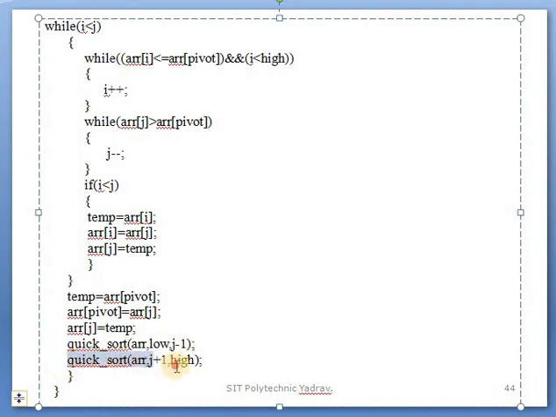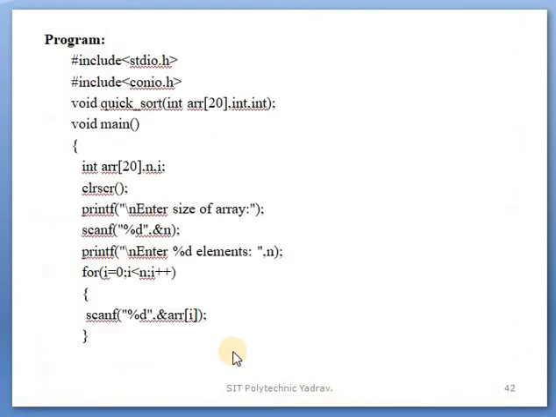This call is for the right sublist, because in the right sublist the high position value is fixed but the low value changes to j plus 1. In the middle, the j position is where the pivot element is inserted. The array is taken for the left sublist, and for the right sublist the right sublist elements are taken. Clear? That is the function definition.